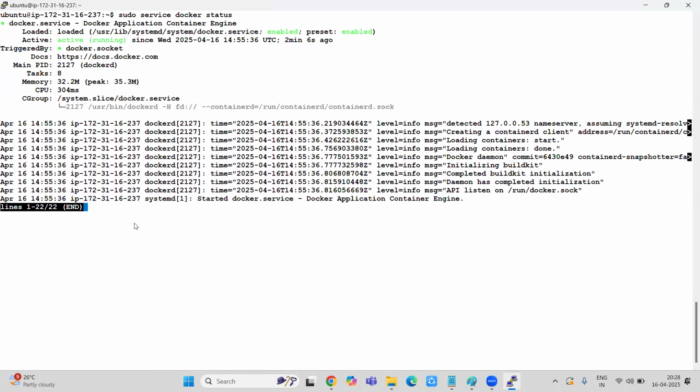Okay, so that's why now everything is ready. Now let's start creating the container. How do we create a container? Docker run. Run means, hey, create a container. -itd means interactive terminal detached mode. It means I just want to create a container, but I don't want to get inside the container.